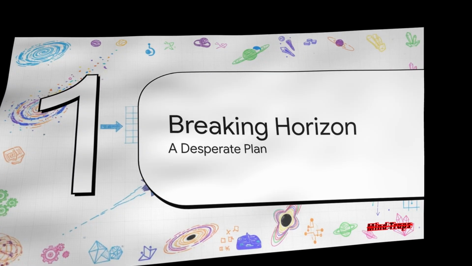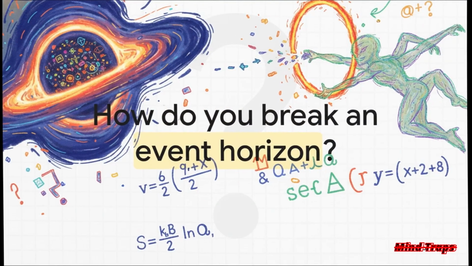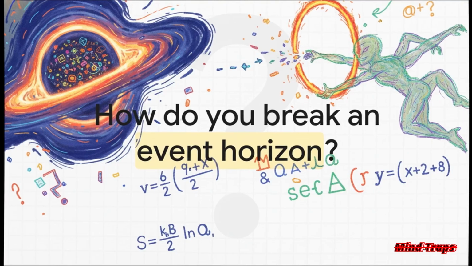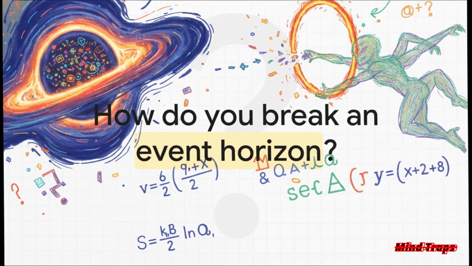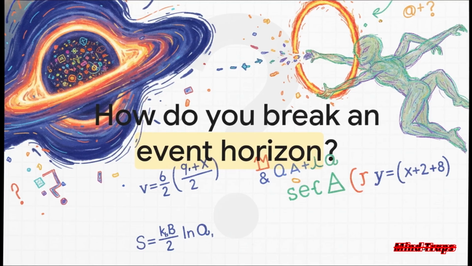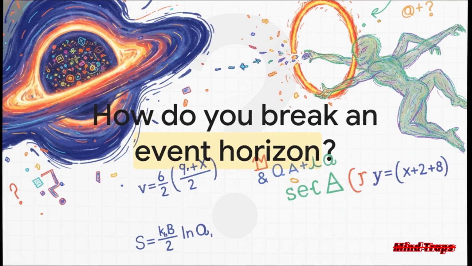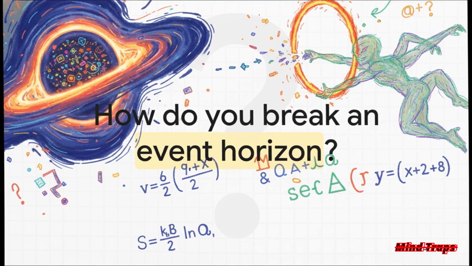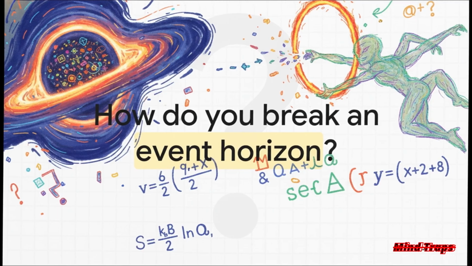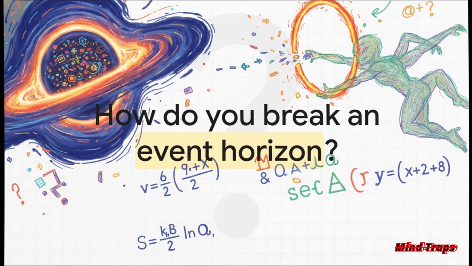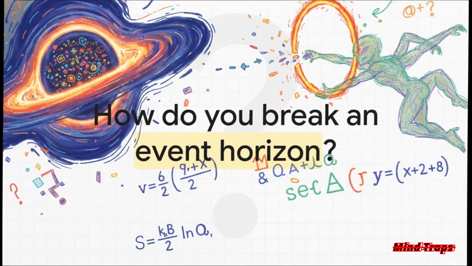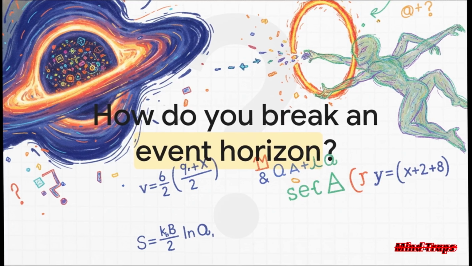Section 5. Breaking the event horizon. Both the ship and the Weaver are staring death in the face. The Weaver is actually starving, desperately trying to feed on the impossibly slow trickle of Hawking radiation leaking from this leviathan. Elena realizes the Weaver is attracted to the black hole because it holds a massive reservoir of entropy locked inside. It's the ultimate thermodynamic feast, but it can't cross the event horizon without being crushed.